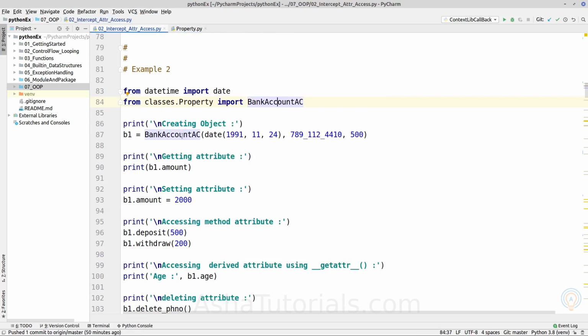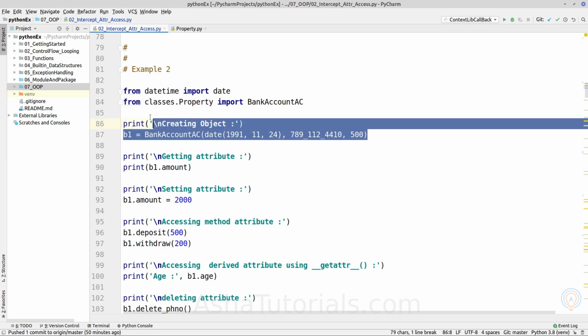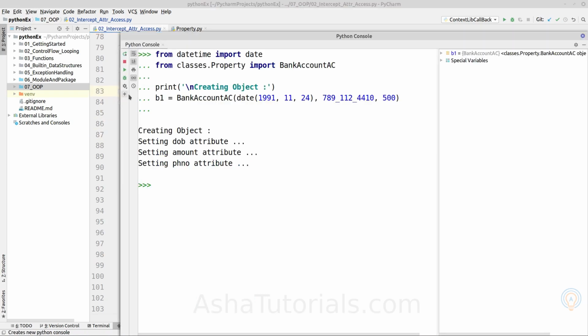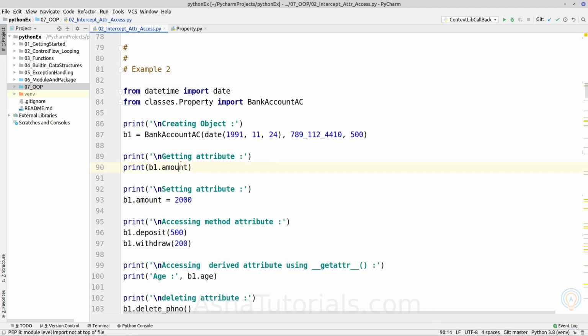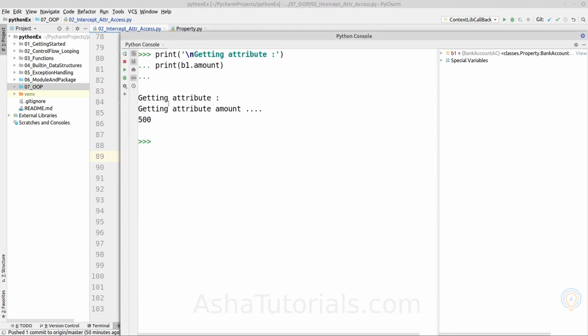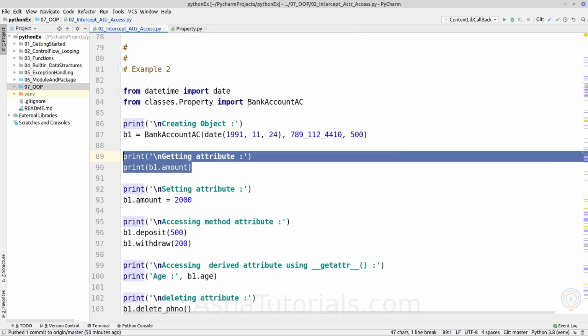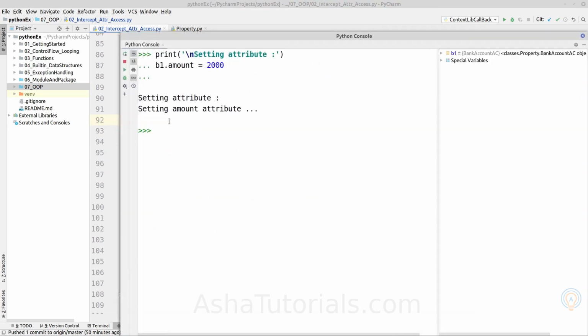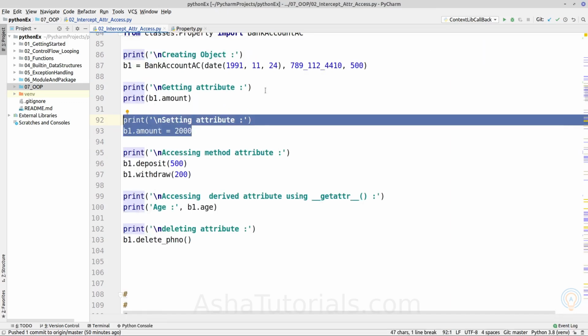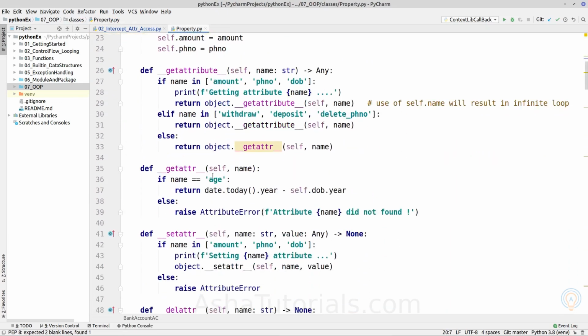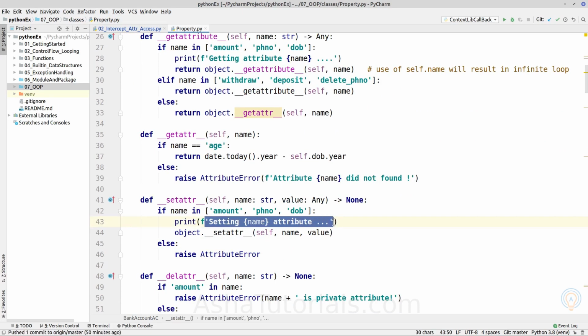Okay, now let's create an object of this bank account. Here it is constructed and the given parameters are set to the object. Now first we will get the attribute of it. It is printing getting attribute and returning the attribute value. In the same way we can set the attribute. It will invoke the setattr method of the class, which will print this message,